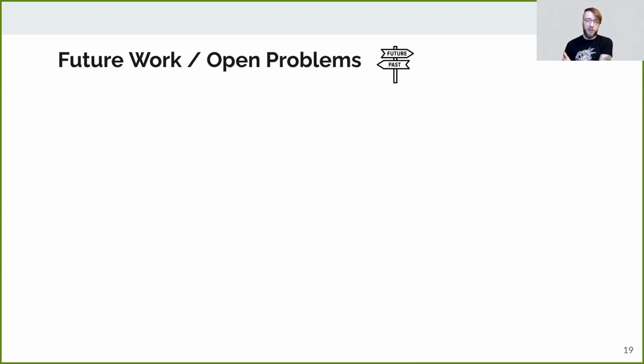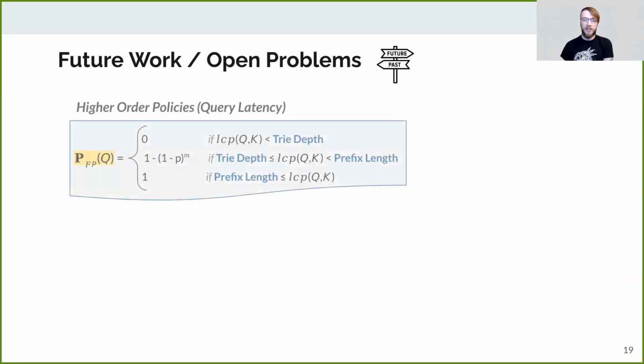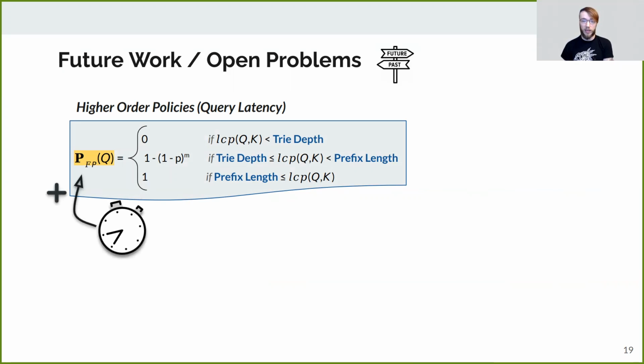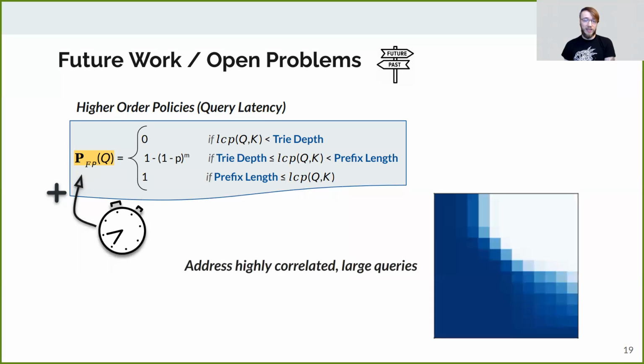Happy as we are with these results, there is still room for improvement. Seeing as our model only optimizes the false positive rate of the filter, there is potential to implement higher order policies that also account for query latency, enabling Proteus to handle applications that require more complex resource management. Moreover, while Proteus is able to address a much larger portion of the workload space than previous range filters, it still struggles in the upper right corner of our heat map, corresponding to large queries that are also key correlated. Both our model and our experiments suggest that this may be a hard limit on prefix-based filters, so we're excited to see what designs people come up with next.